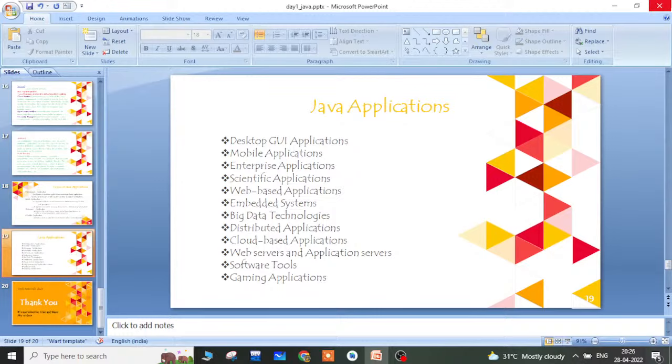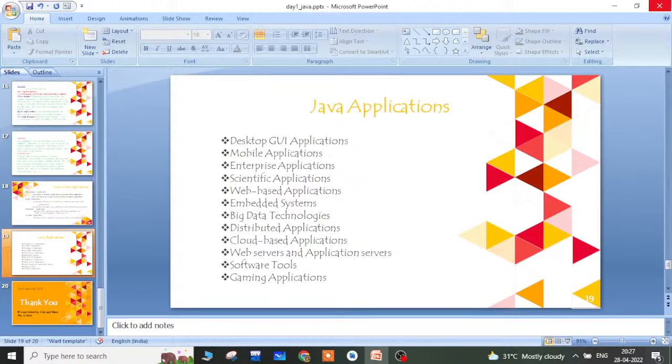Then we can build mobile applications, like APKs, which you run on your mobiles, by using the J2ME version of Java. We can use it for e-commerce and enterprise applications, for scientific applications, and for web applications.